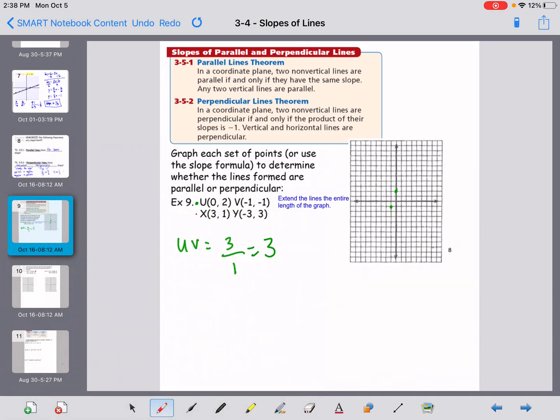Now I'm going to look at the slope of XY. So I'm going to go to 3, 1. And now I'm going to go to -3, 3. All right, and the slope there would be -2, because I went down 2, over 6. So -2/6, that's going to simplify to a -1/3. So if I have a 3 and a -1/3,